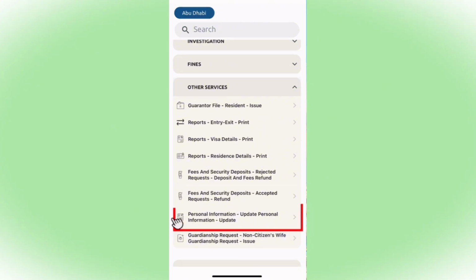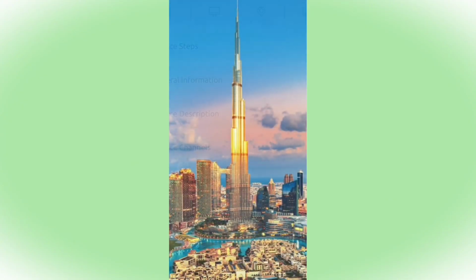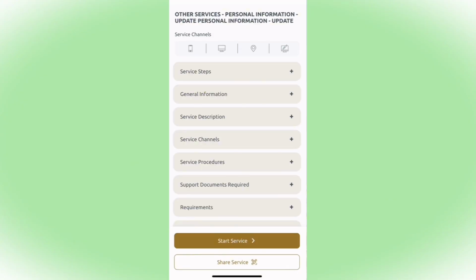So once you have tapped on other services, scroll a little bit down until you see the section that says personal information. Yes, personal information, update personal information. Tap on it, a new window will open. At the bottom, you'll see the Start Service button. Tap on Start Service. Your personal information will be revealed, like your name, your unified number, plus your Emirates ID